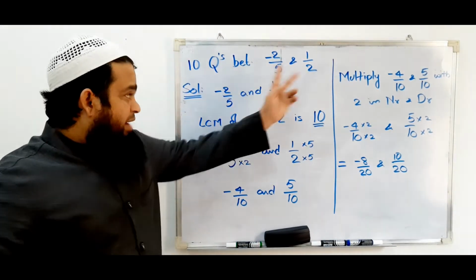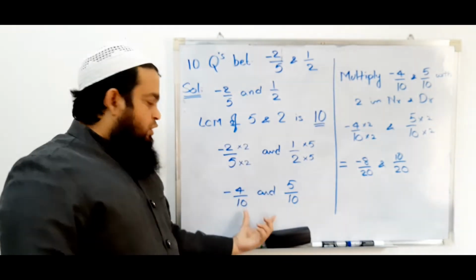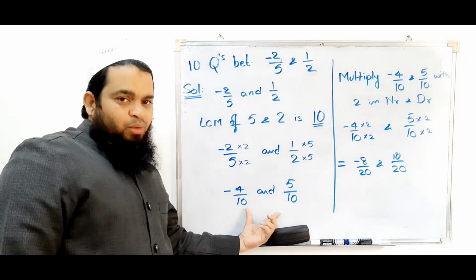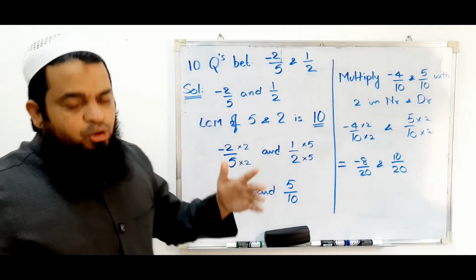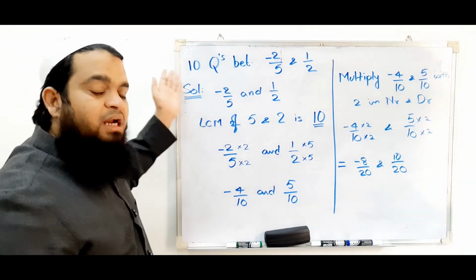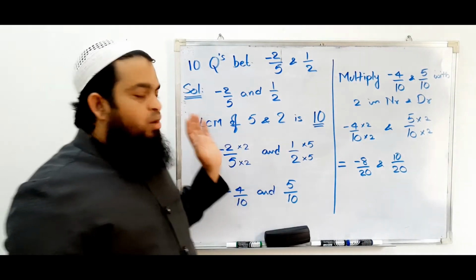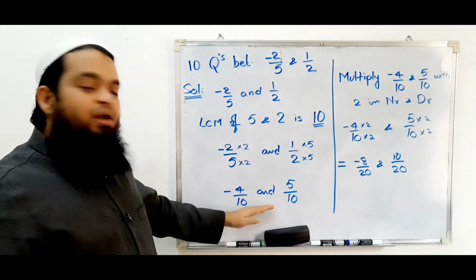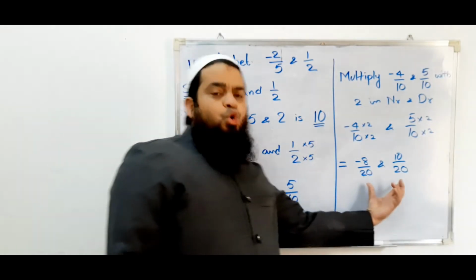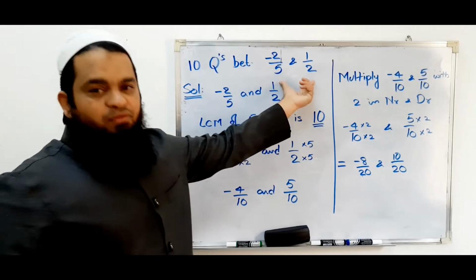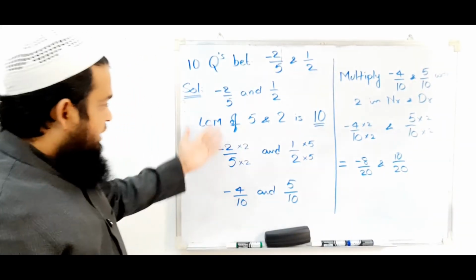This is a process. When the denominators are not the same, you first find the LCM and make them like denominators. Once you get the like denominators, check how many rational numbers are there. Suppose the question asks for 5 rational numbers and you already have 5, there is no need to multiply, you can directly write them. But since we don't have enough rational numbers, you multiply with 2 in numerator and denominator, and you will get equivalent rational numbers of the given rational numbers. So in between you can find. Hope everybody understands it.